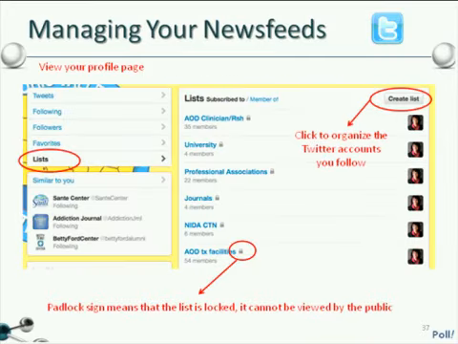As I mentioned earlier, you can create lists within Twitter. So I've created a list for the NIDA CTN members so that I can see what they're talking about. Sometimes I might want to view only the professional association lists so that I can get information about upcoming conferences or abstract deadlines. One of the lists that I use most frequently is actually my news list for like ABC